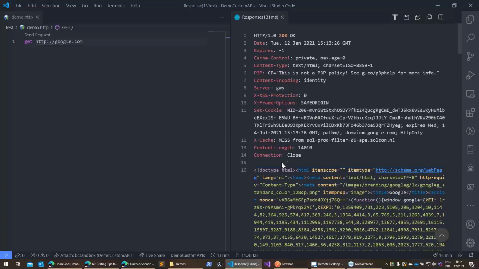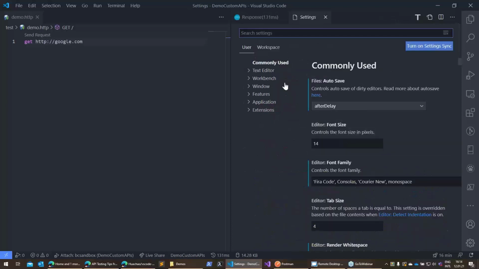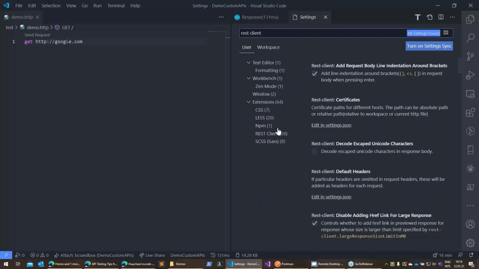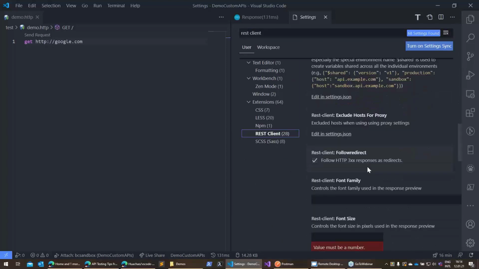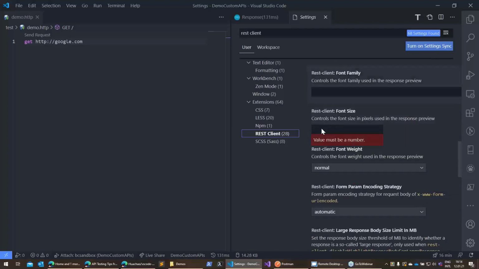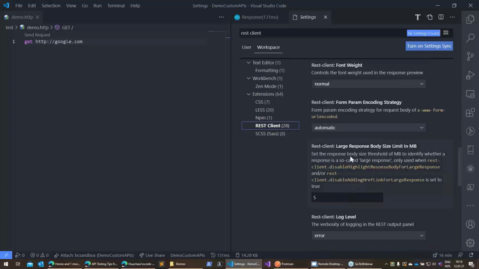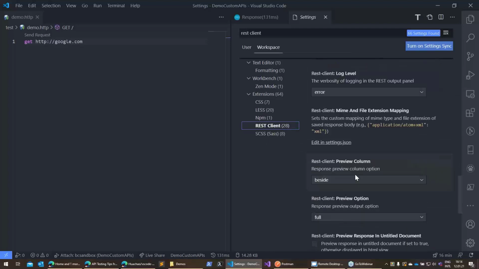Now, sometimes you're not really interested in all the headers, and you can change the setting what you want to see from the response. And that is in the settings in a REST client. You can search it like this, and then scroll a little bit down, and then find. And I need to switch to workspace. By the way, there I have set it,